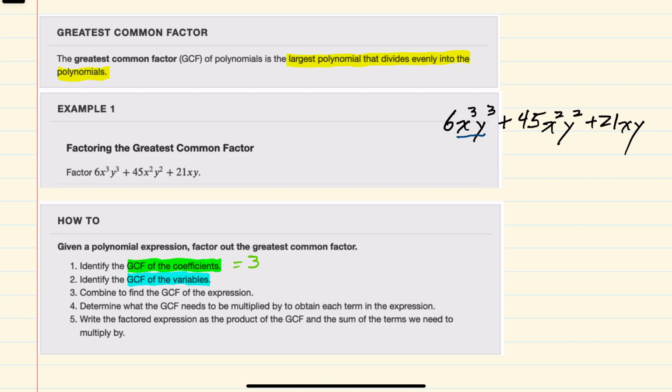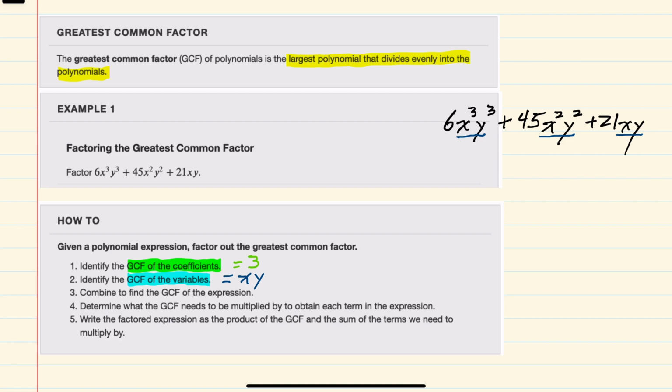So the variables, x to the third, y to the third, x squared, y squared, and x and y, we can say that each of those have at least one x and at least one y. I can't say that they all have more than that because the last one only has one x and one